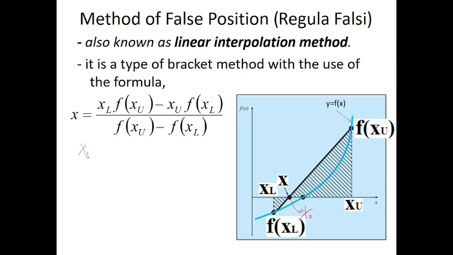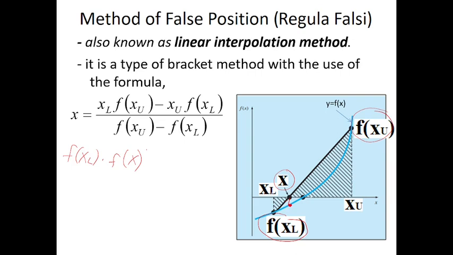I will now find x sub 1. How can I find x sub 1? To find x sub 1, we have to consider the product of f of x sub l and f of x sub u. Similar to bisection method, if we multiply the two, or should I say f of x sub l multiplied by f of x, okay, so considering this value f of x, this will now be the projected value,